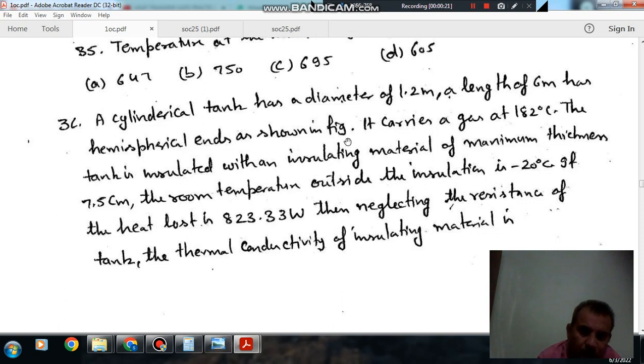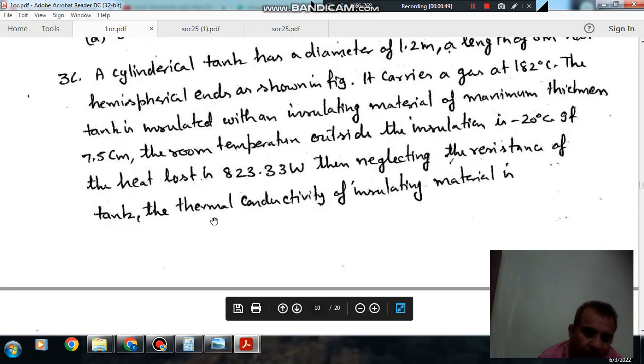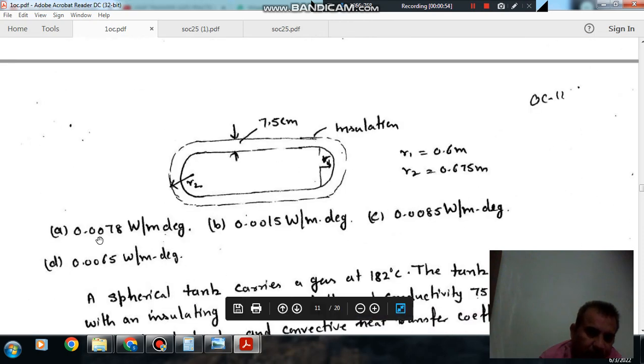Length as shown in figure. It carries a gas at 182 degrees Celsius. The tank is insulated with an insulating material of maximum thickness 7.5 centimeter. The room temperature outside the insulation is minus 20 degrees Celsius. If the heat loss is 823.33 watt, then neglecting the resistance of the tank, the thermal conductivity of the insulating material is